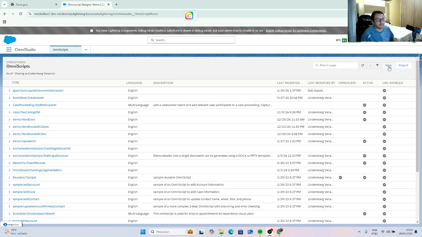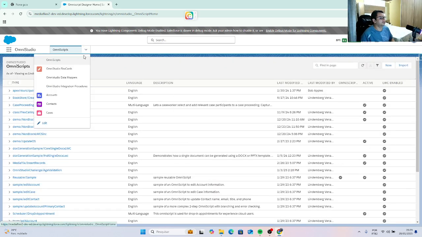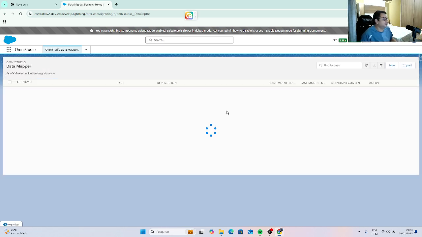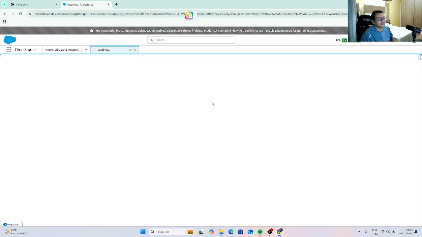Okay, so let's create our DataRaptor extract. Oops, it's OmniScript. So data mappers. Well, I still call them DataRaptors, because I did that for so many years, but the real name is now data mappers. But I call it DataRaptor. I like that. What can I do? So, new,